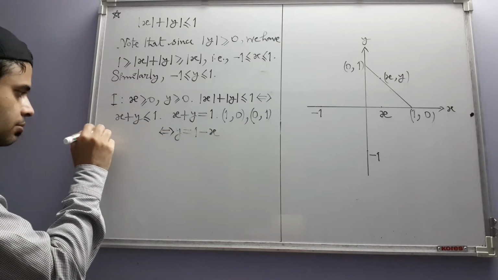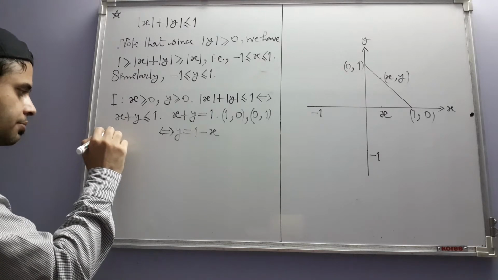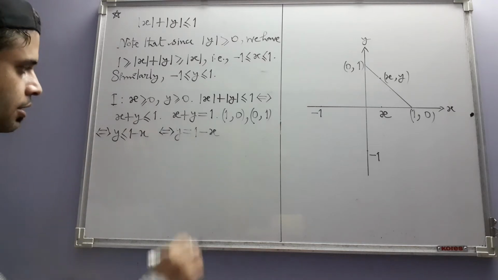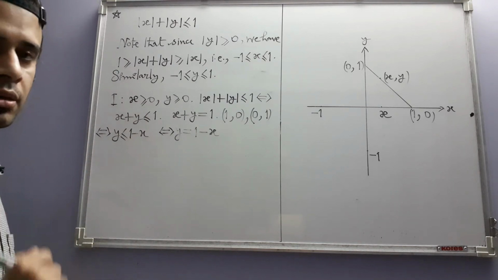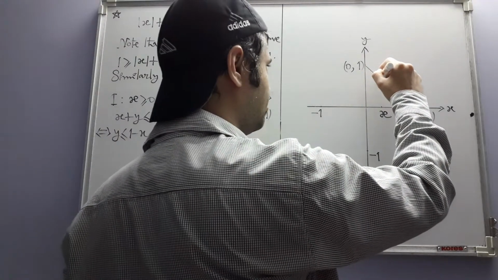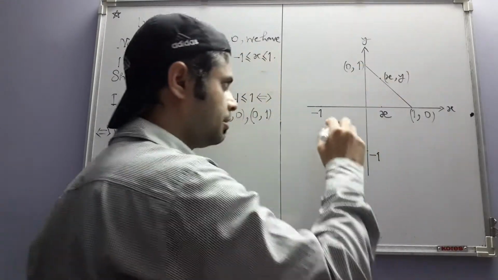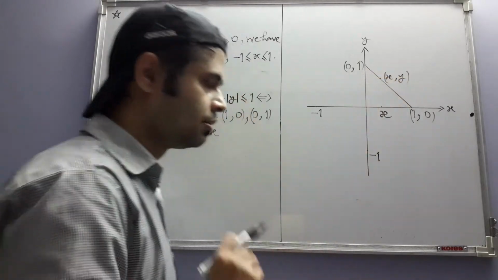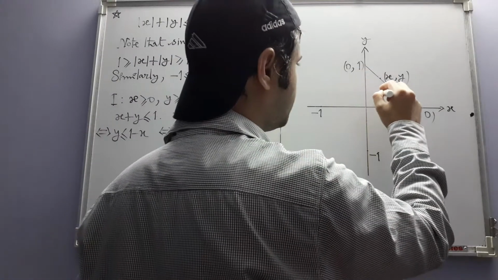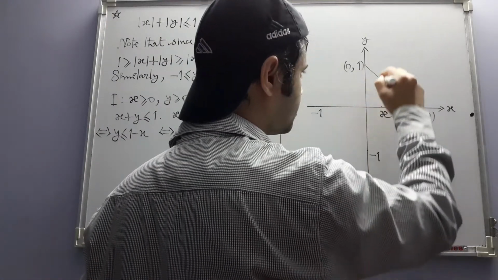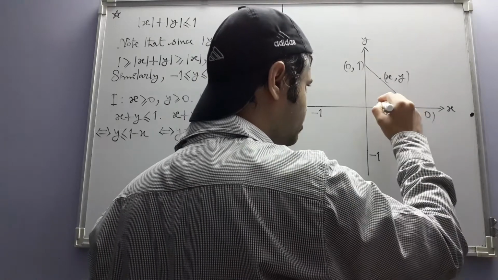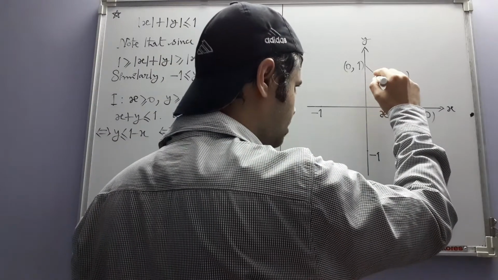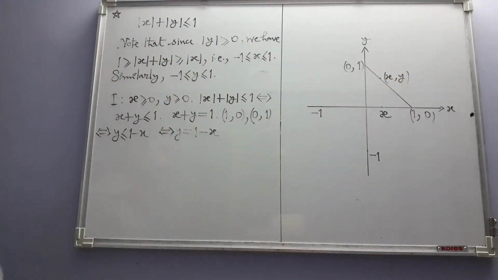But from this inequality you know that y is in general less than or equal to 1 minus x. So 1 minus x is the highest y can go. So the y value will not go above this. It will either have this maximum value or it will be smaller than this. So that means our point will have its y value lying between these two extremes. So the point will lie here somewhere. But that is for this x.